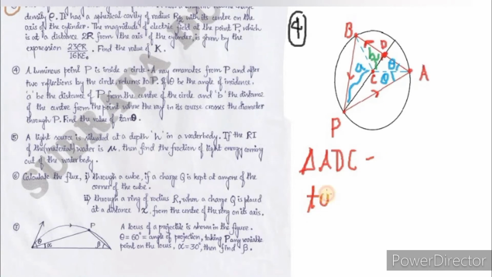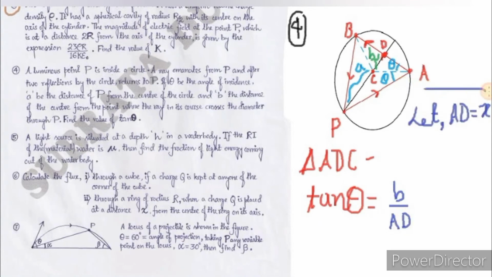according to our basic theorem, we know the CD, that is the line passing through the center, divides or bisects the line AB perpendicularly. So ADC is a right angle triangle from where tan theta, that is tan DAC or CAD, whatever, tan theta is equal to height by base. Height is DC or CD, that is B as shown in the figure, and divided by AD.